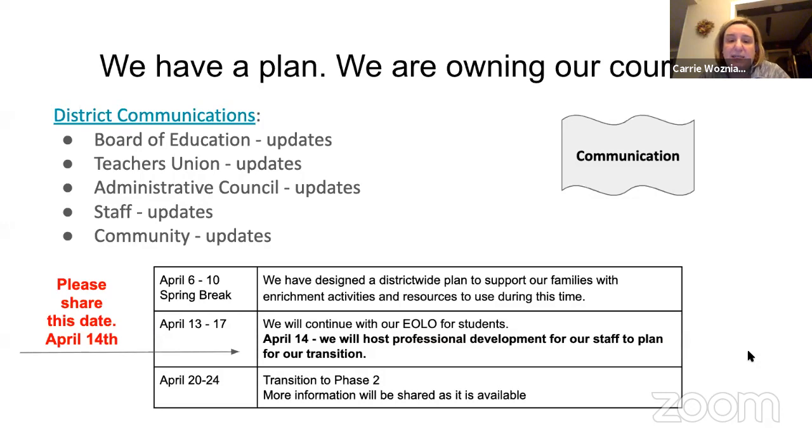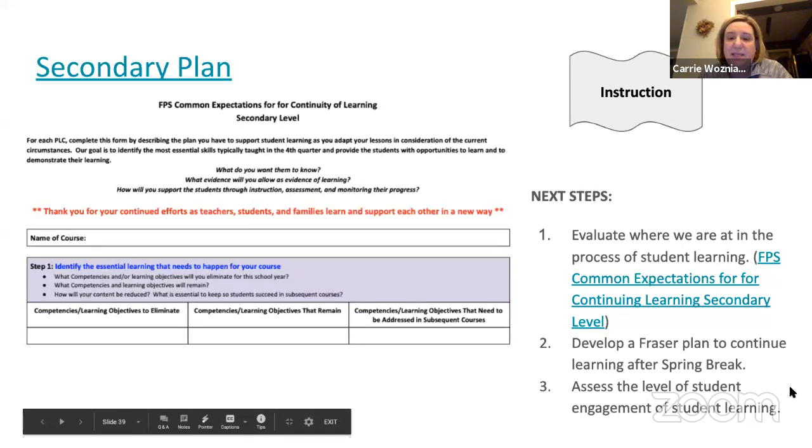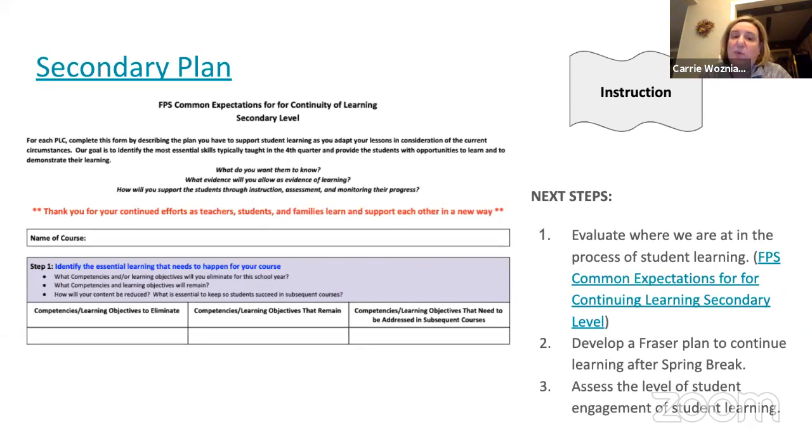So the second slide, if you could go to that one there. This was a tool we're using right now to help with our continuity of learning for 7-12.